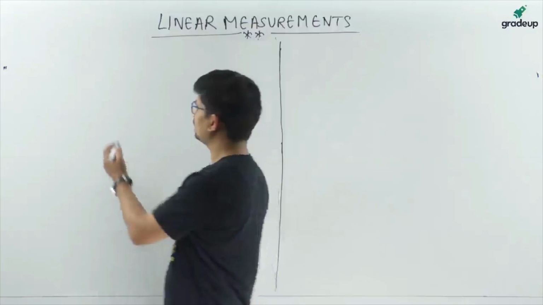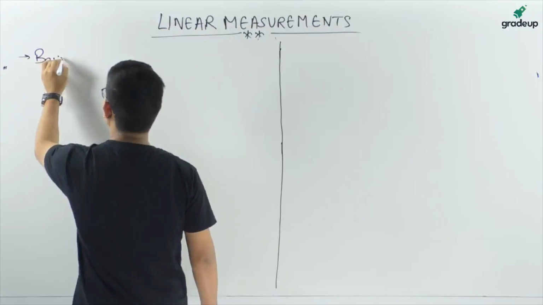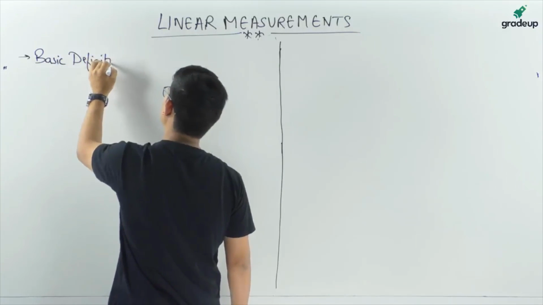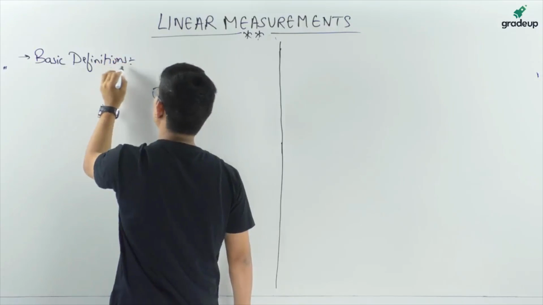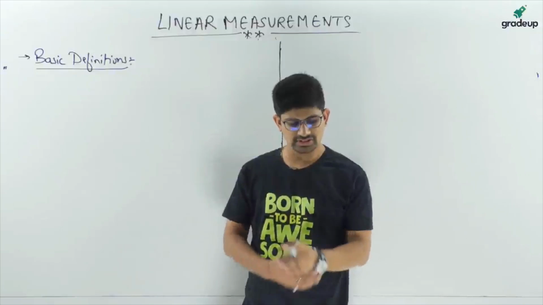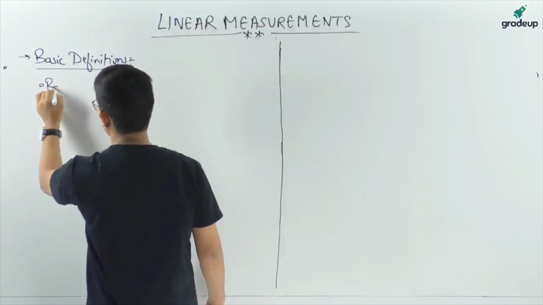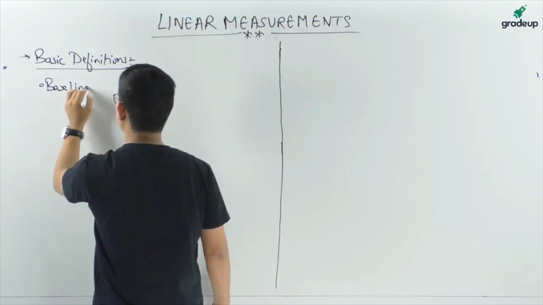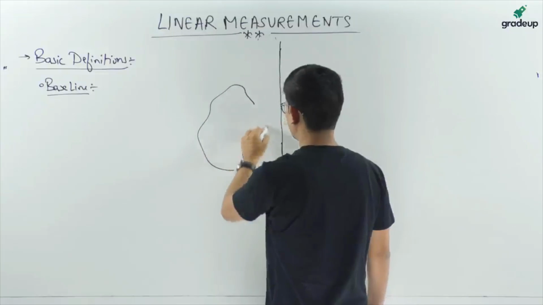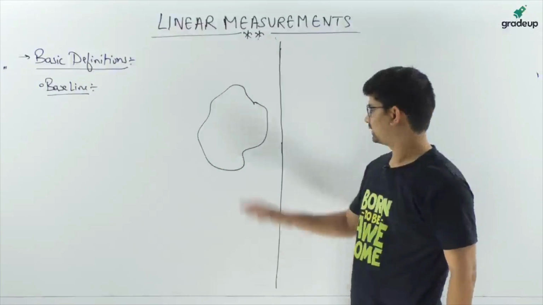Now, first of all, let's see some basic definitions. Okay, so I will be taking some important ones. Okay. Which are important from the examination point of view. So, the first among this is baseline. So, if suppose there is some surveying area, okay, if suppose this area is to be surveyed, this is